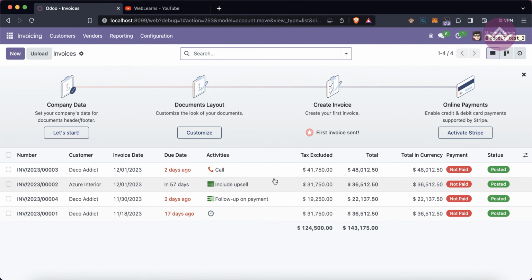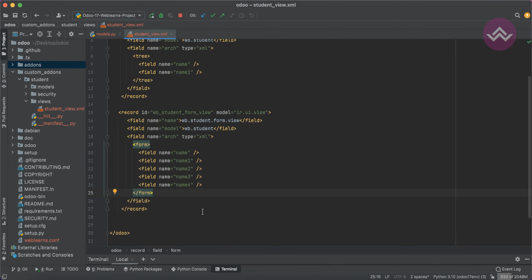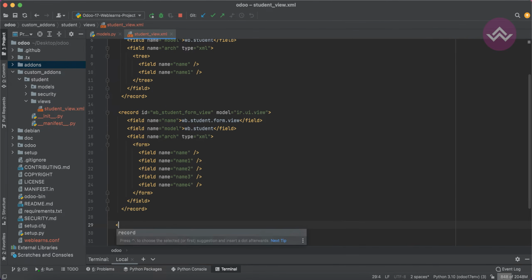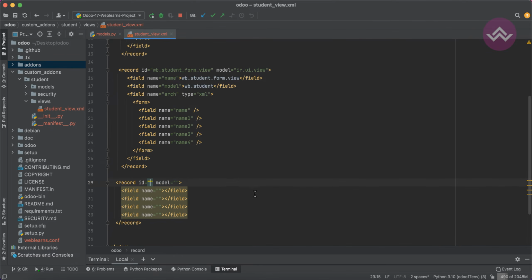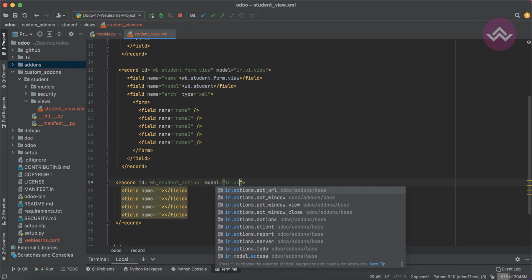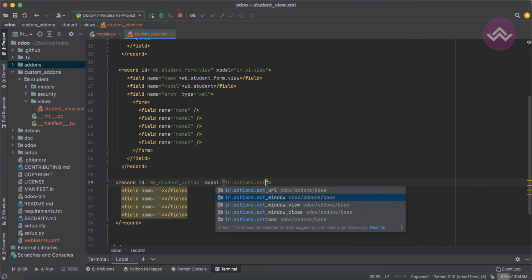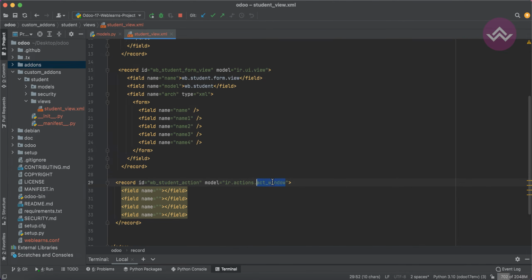So basically you can understand there is some controller part you have to define. So here the Windows action, right? It comes into the picture. So first thing is we have to create a Windows action. So same, let's say like this, model. Okay, and here I will use something like wb_student_action, but here we don't need to use ir.ui.view, instead we have to use ir.actions.act_window, this one. So this is the model name we have to use